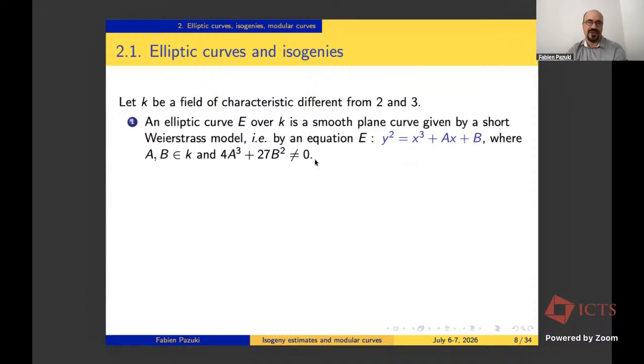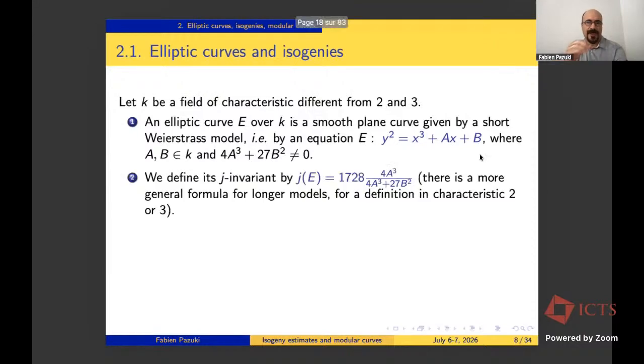There is this condition, which ensures smoothness: the discriminant being non-zero. The formula for the discriminant, of course, has a -16 as a factor, but my characteristic is different from 2, so vanishing and non-vanishing are equivalent here. So, okay, an elliptic curve is just given by a short Weierstrass model. What do we do with these curves? Well, many things. They're very interesting from various aspects. And in particular, they have morphisms,